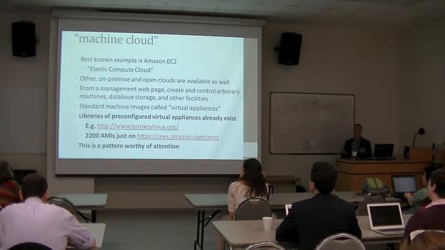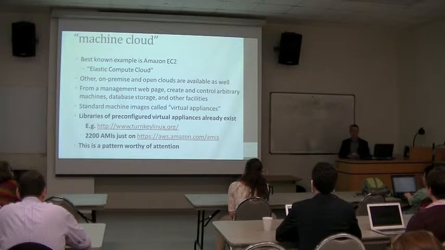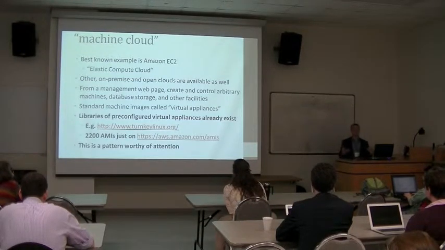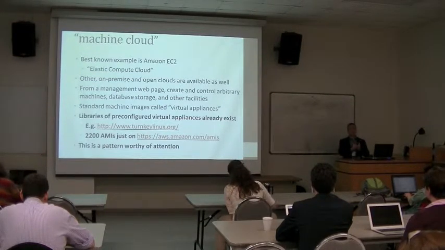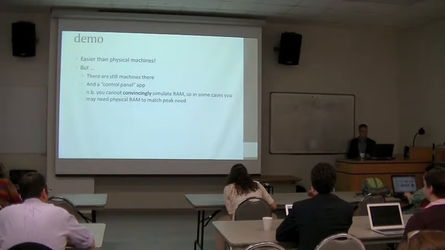You can see just on Amazon, obviously they want to promote their own business, so they have a library of AMIs, Amazon Machine Images. The generic term is a virtual appliance. There are tons of companies out there that have libraries of virtual appliances, so if you want to do some giant data processing task, in a lot of cases you don't even need to think about what to install. You can say, well, okay, if I'm doing open source and I'm doing big data, maybe some other university or some other project may actually have a machine image that I can just deploy. And it's set up, and so it gets me out of that whole operations end of things.